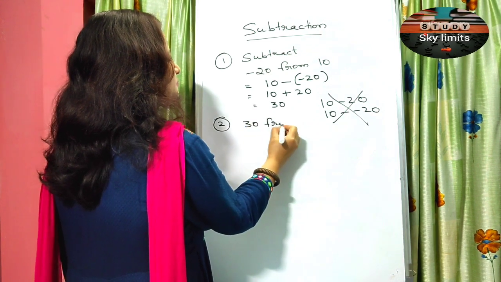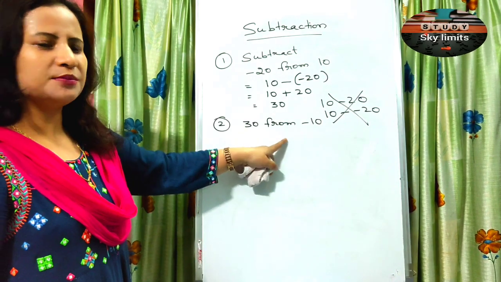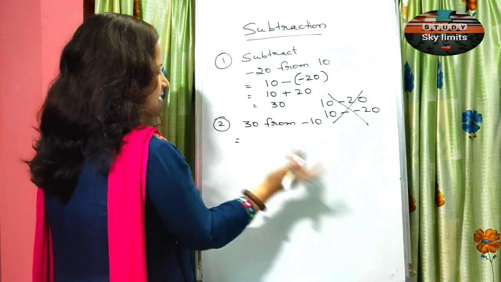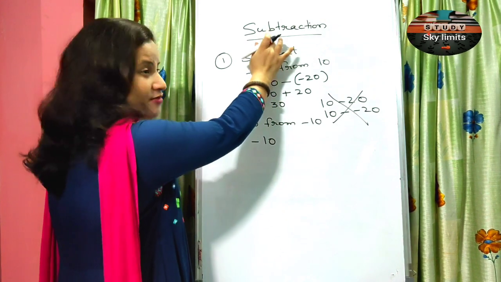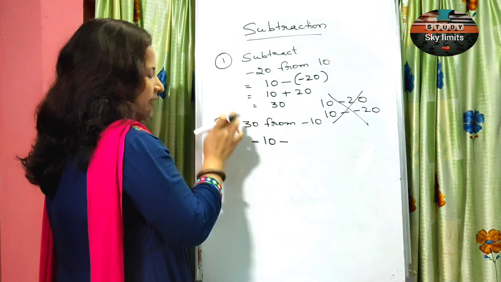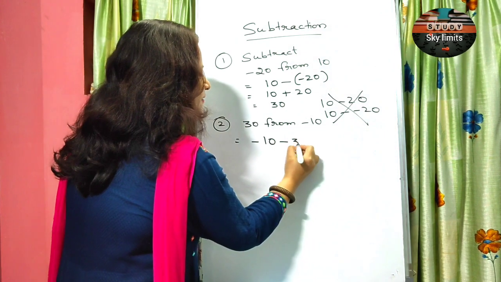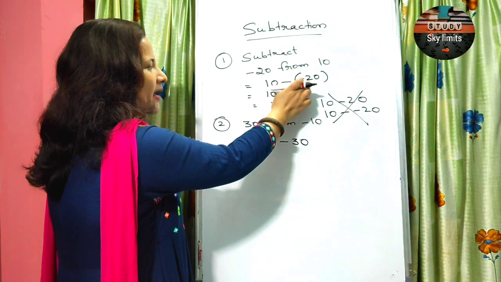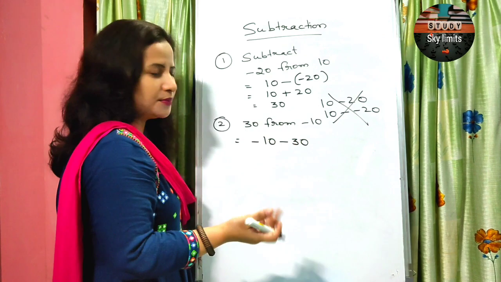Subtract 30 from minus 10. Suppose you are asked to subtract these two numbers. In this case, we have the minuend as minus 10. So obviously first we will write minus 10. And since this is subtraction, we have to put a minus sign. And then in this case, the subtrahend is a normal positive number. So we can simply write 30 without giving any bracket. A bracket was required earlier because minus 20 was a negative number. But a bracket is not required here because 30 is a positive number.